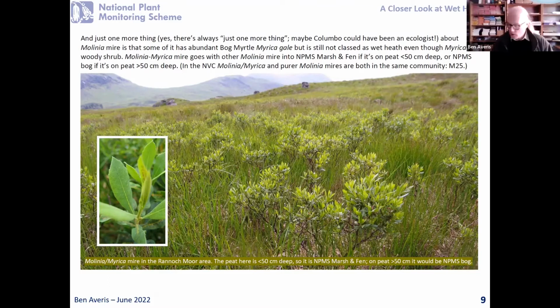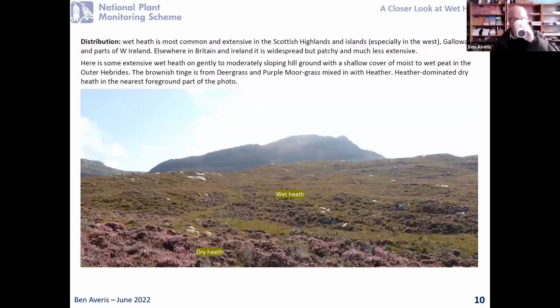So that kind of vegetation we're looking at there, with co-dominant Molinia and myrica, but hardly anything at all, if anything, in the way of heather or cross-leaved heath or deer grass, doesn't go into wet heath. It's a separate kind of vegetation. Right, the next picture